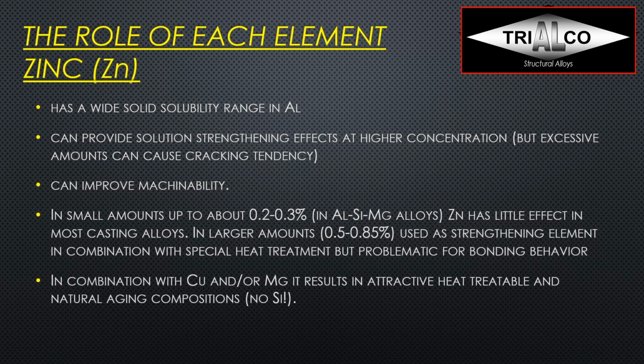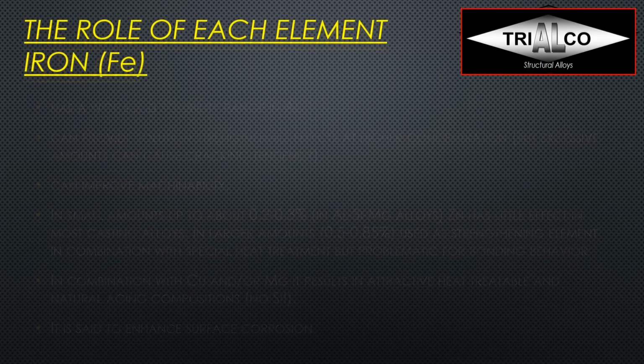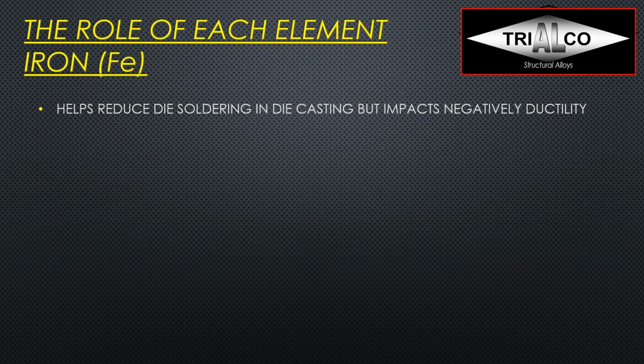Now, in combination with copper or magnesium, it can result in attractive heat treatable and natural aging compositions. But in this case, silicon is the impurity, so we need to keep it very low. And zinc is also said to enhance surface corrosion, so sometimes it is added a little bit to prevent deeper corrosion, like filiform corrosion. It just gives the aluminum its natural corrosion oxide layer on the surface that prevents any kind of harmful deep corrosion. So now let's talk about iron, and there are actually aluminum iron alloys that use it